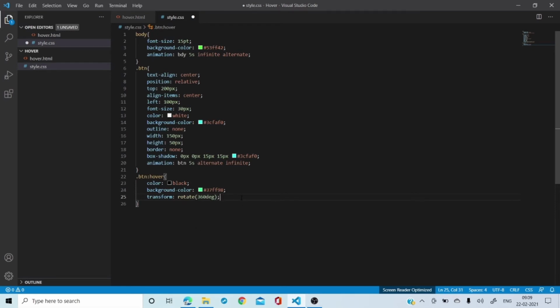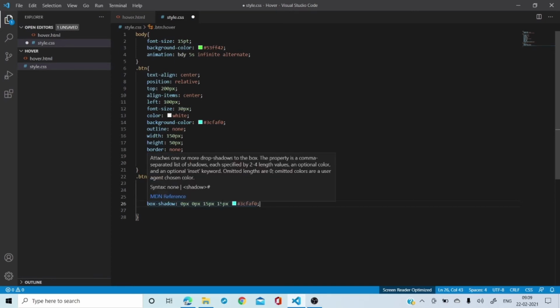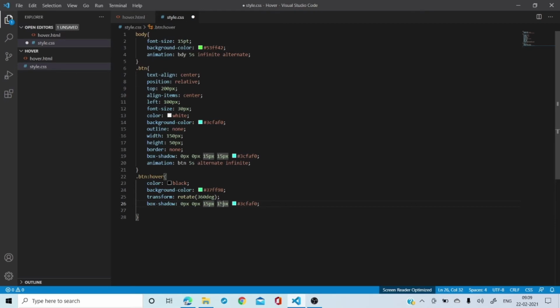Okay, once I have done this, what is the next thing which I'm going to use? I'm going to copy it right from here, that is box shadow thing. So it's like box shadow 0 0 pixel, 15 pixel, and here I'm going to use it like 5 pixel, and the color I'm going to change it to, I'll say hashtag, and this one.